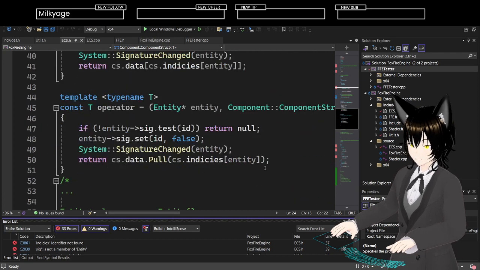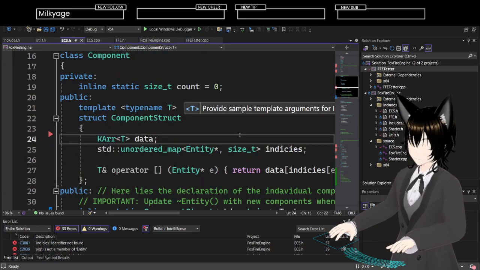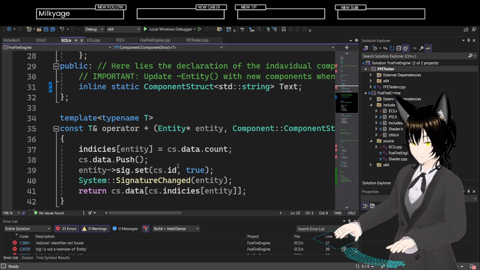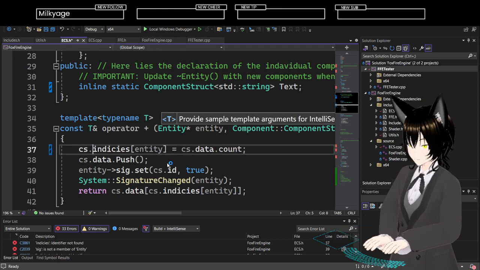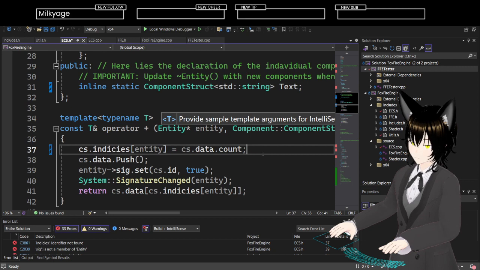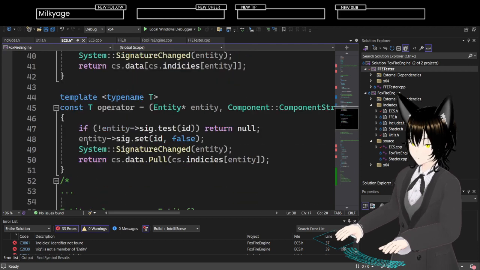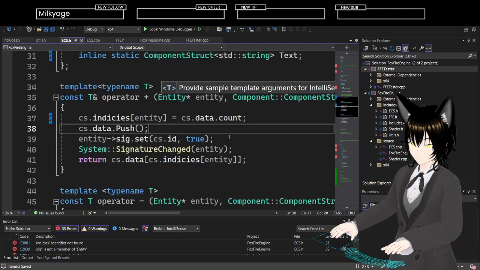What kind of problems am I running into? So for one, I do still want to have struct component, and all these things are fine. Oh, this is actually ECS dot indices for one. And indices, okay. So that's that. That should clear up a lot of those.